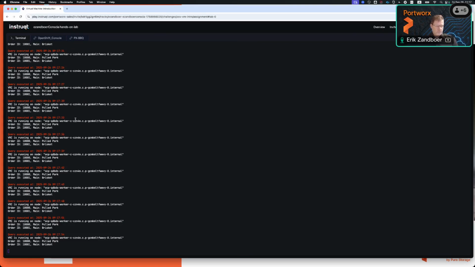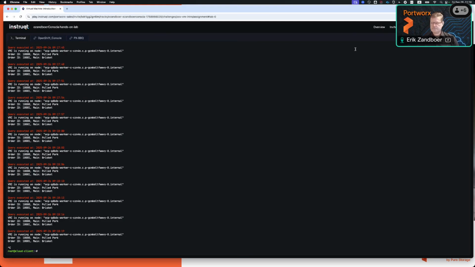So what we've done basically is we have demonstrated the running application that has a virtual machine and a container, and they're working together. We've done a vMotion, or a live migration, as it's called, from one node to the other. You can probably tell I have a long history with VMware, so I just tend to call it vMotion. So the next thing that we could do would actually be scaling.